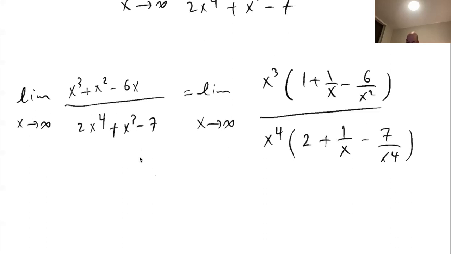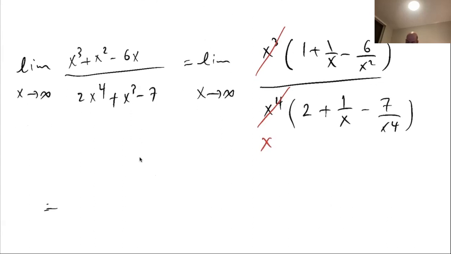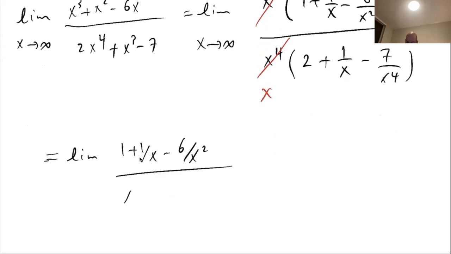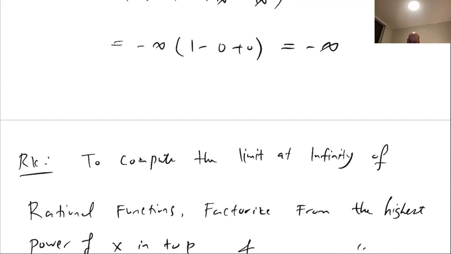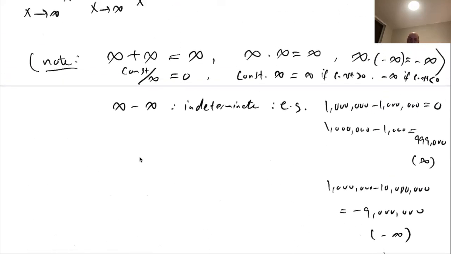And then I can simplify this. So this one cancels with this, and just one x factor will be left in the bottom. And then I'm going to have the limit of 1 plus 1 over x minus 6 over x squared, divided by x times 2 plus 1 over x minus 7 over x to the power 4, as x goes to infinity. So this is 1 plus 1 over infinity minus 6 over infinity, divided by infinity times 2 plus 1 over infinity minus 7 over infinity. So a constant over infinity, remember we said constant over infinity